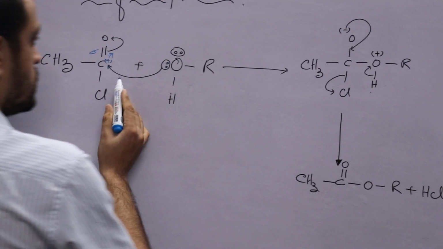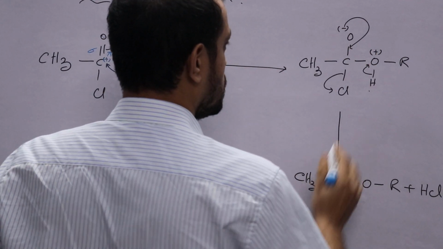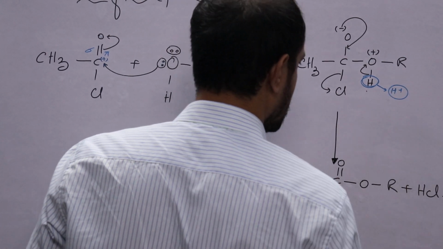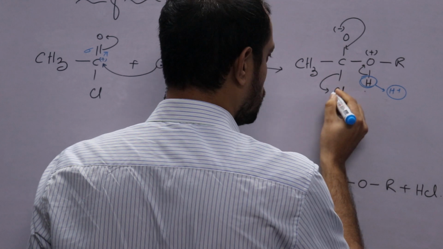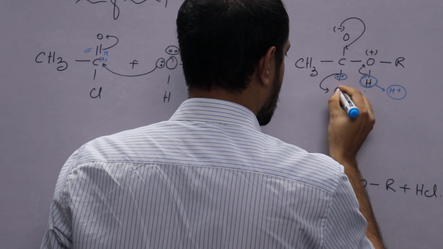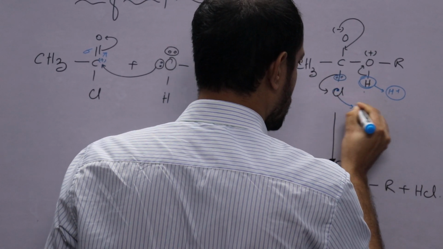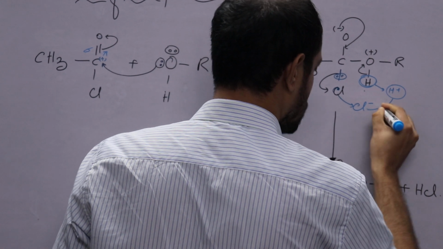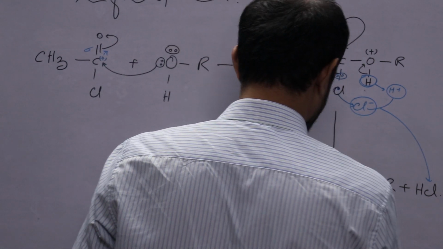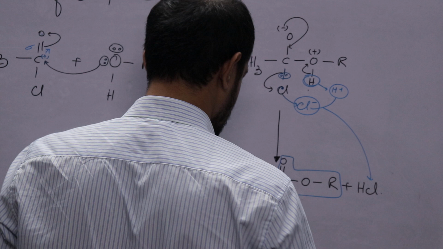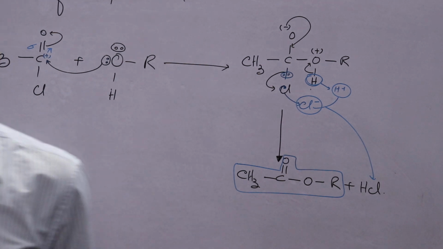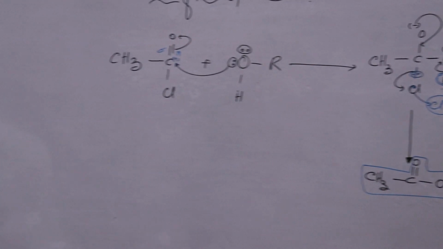Now listen. Now we will come to this stage. Here we see that this hydrogen is lost as H plus, okay, and this chlorine, being an electronegative element, will try to attract the bond pair of electrons towards itself, and this chlorine will be lost as Cl minus. So these two will actually form this. And the rest of this we know. This is what? Acetylation product. Okay. So this is the basic mechanism of acetylation reaction. Okay. And now listen,